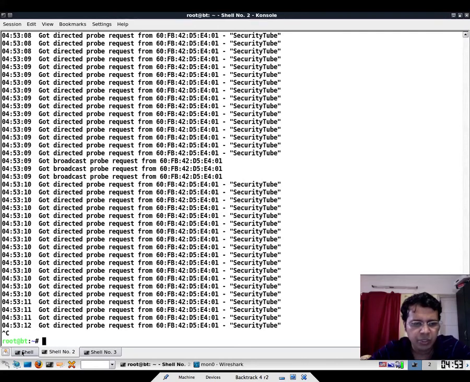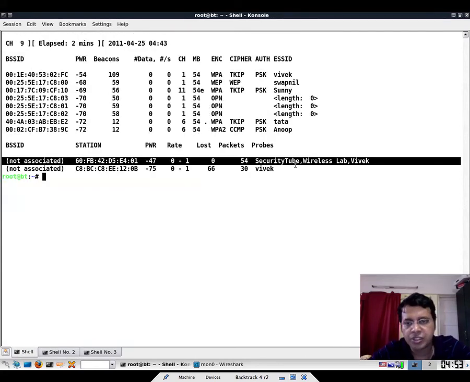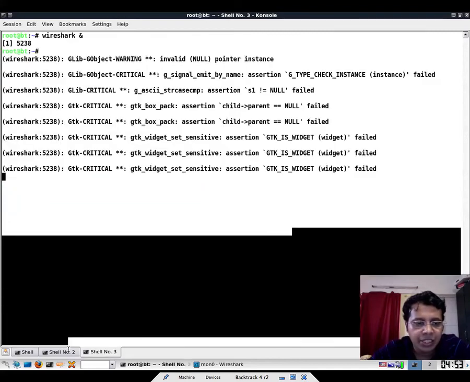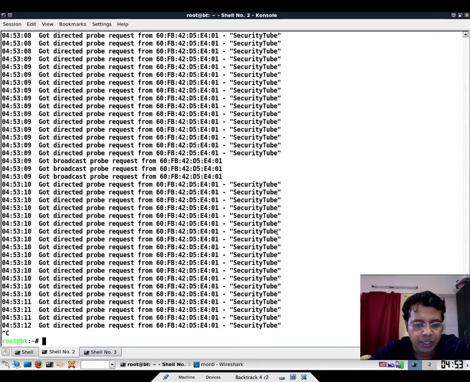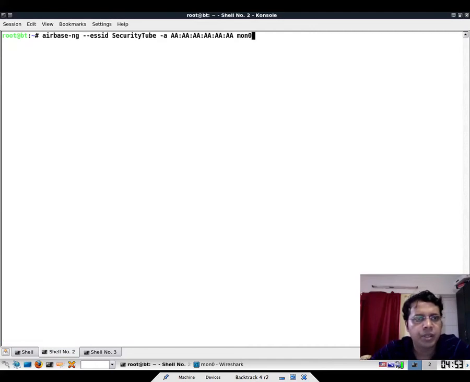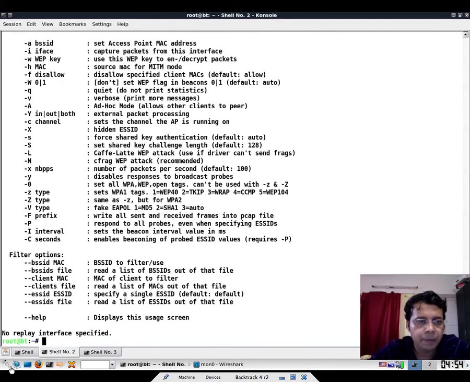Now let's do something interesting. If you noticed, it was a bit painful to figure out what this SSID is, then create an access point for it and whatnot. Well, can't we just tell Airbase to respond to every probe request from any client it is seeing over the air? Would that not be fun? Well, great. The Aircrack-ng team decided to build that functionality into it, and that saves us a lot of time. So let me just hit airbase-ng, and what we are really interested in here is the